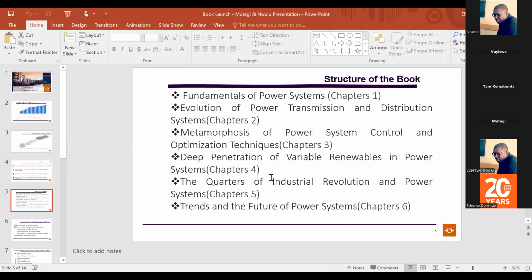As Prof has said, the book is organized into 6 key chapters. We are looking at where we are coming from as an industry. The journey has been quite long. That is largely the first chapter, followed by how the power system, T&D, transmission and distribution systems have evolved over time. As Prof lately noted, the evolution has taken perhaps 200 years from early 1750 to where we are, but